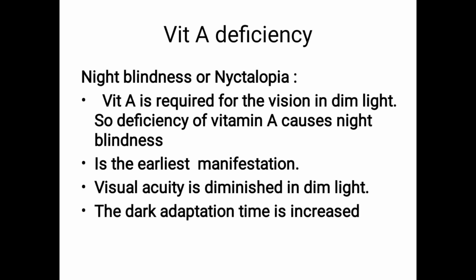Also you have to write about the RDA, recommended dietary allowance, and sources. And also you have to write about the biochemical functions in vision, rhodopsin, then cell differentiation and all. Then finally there is a sub question maybe about deficiency, night blindness or